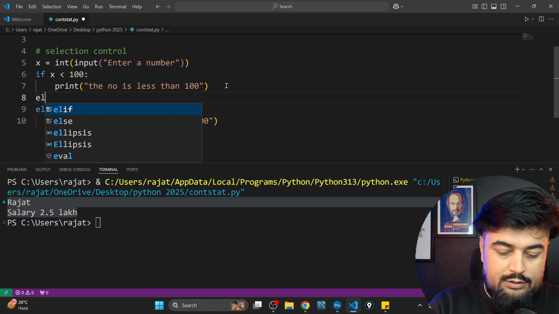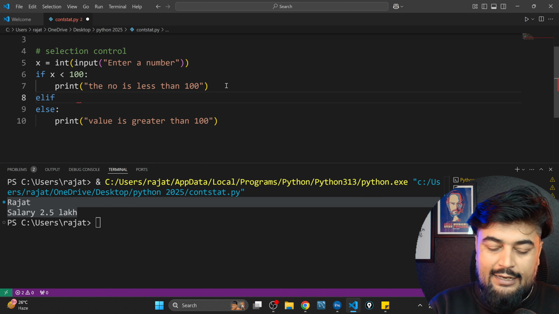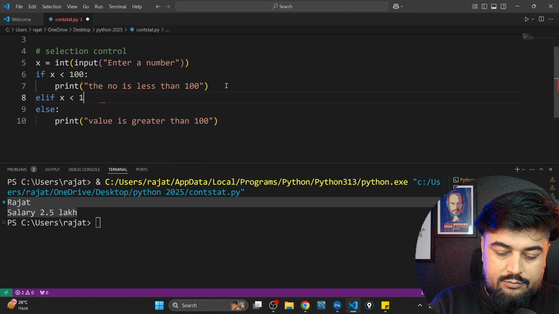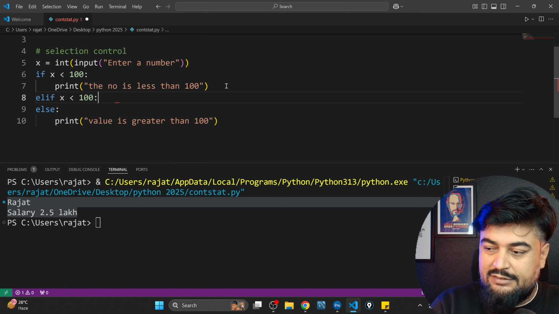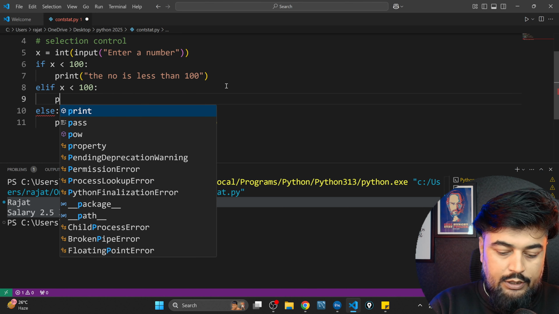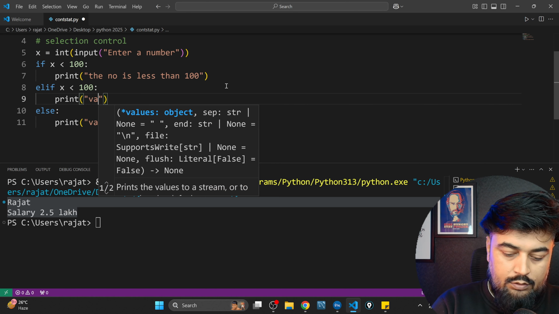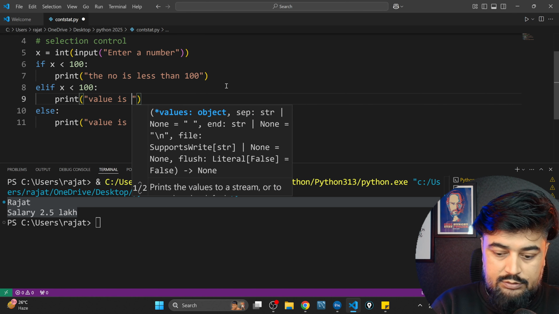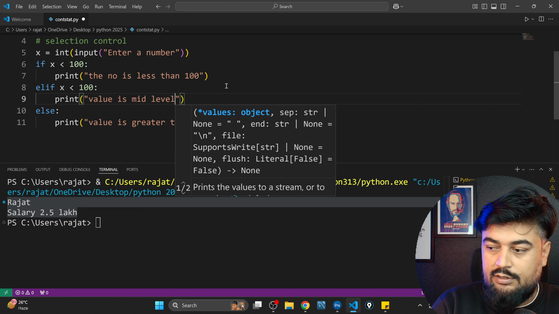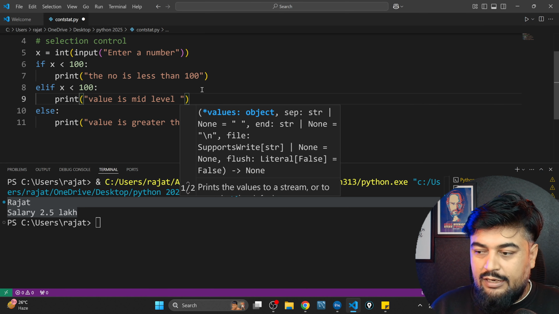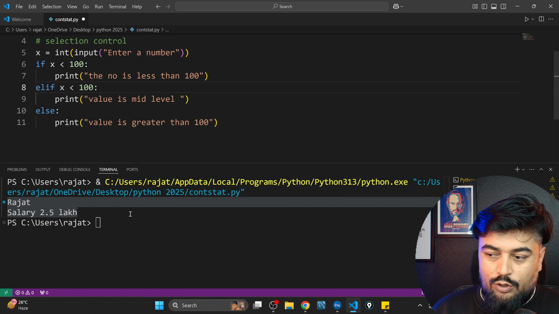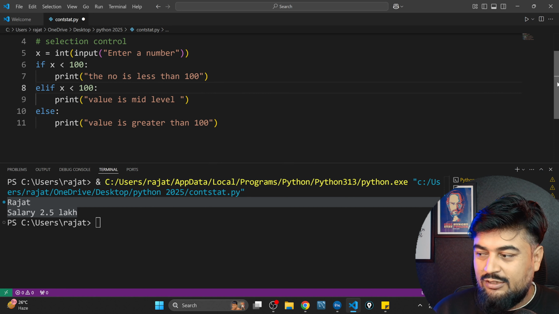Let me add elif also. So I can add one more condition: x is less than 1000. This is my second condition, guys. Okay. Now I will give one more print message: value is mid level. So now there are multiple conditions in this code, and if I execute this code,